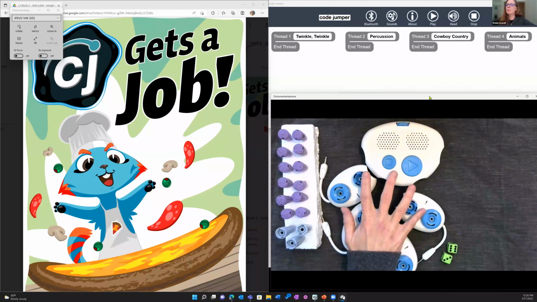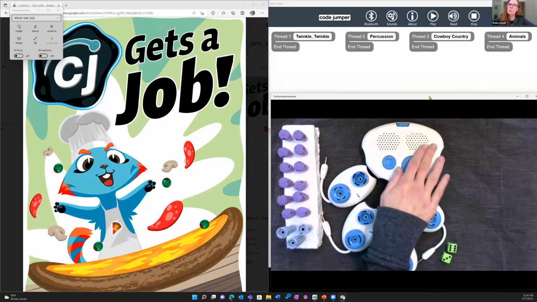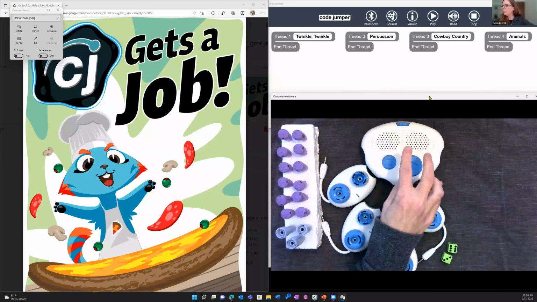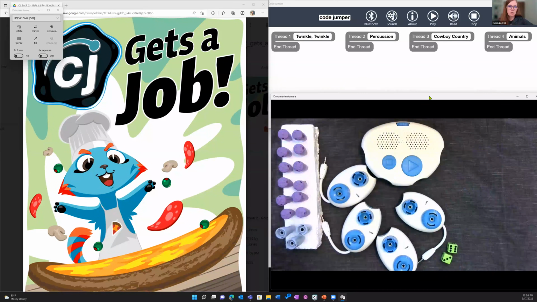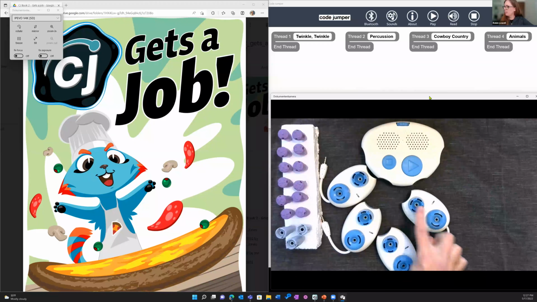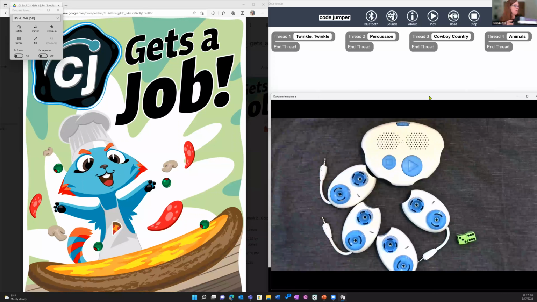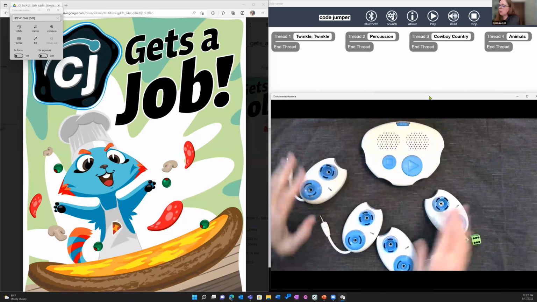So yeah, we just have the play pods and the hub. So the hub is where it begins. It's basically our Bluetooth speaker and the little computer part that attaches to your app on your device. And then right now I have 4 play pods sitting in front of there, which are mouse shaped with 2 dials. I have 2 dice, and I actually have the plugs, but I don't need those for this time. Okay, so that's what we have for CodeJumper.